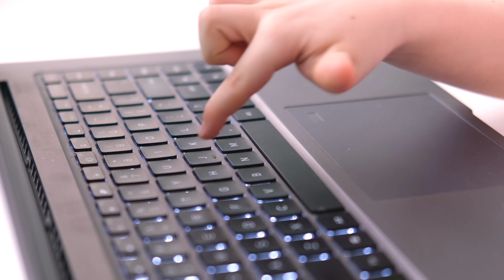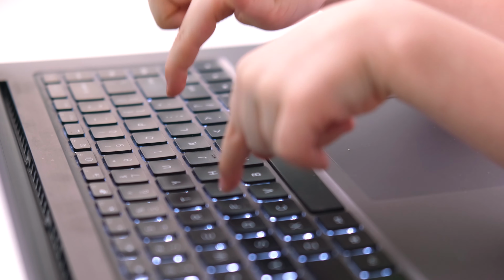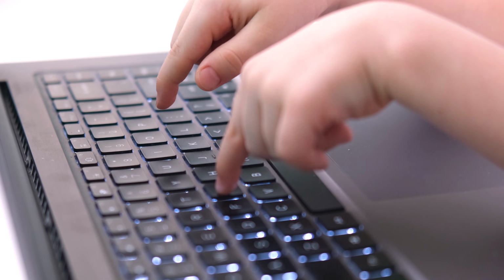Now, will I be using this as part of my workflow when I'm editing videos? With the lack of external editing features, I just can't justify paying more than what I would for a laptop and do the same work on it. Also, as for right now, there are features that I'm not able to get in Final Cut, and I feel like that would just slow down my editing because if I needed something, I'd have to change it back to the desktop and back and forth, and at that point, I'm just gonna go ahead and start on the desktop